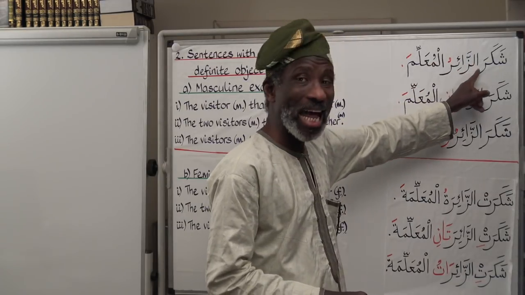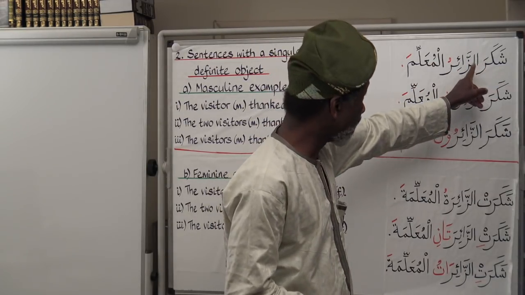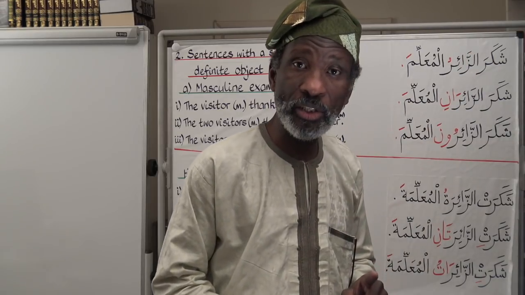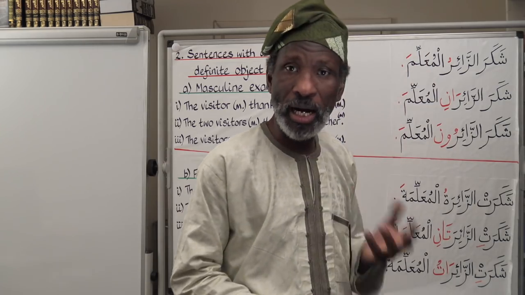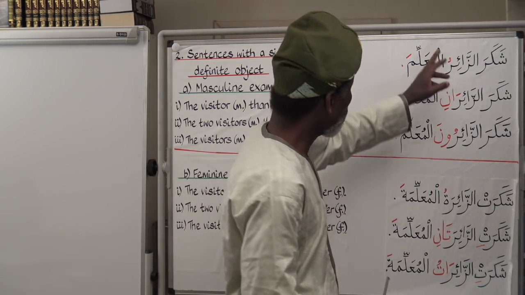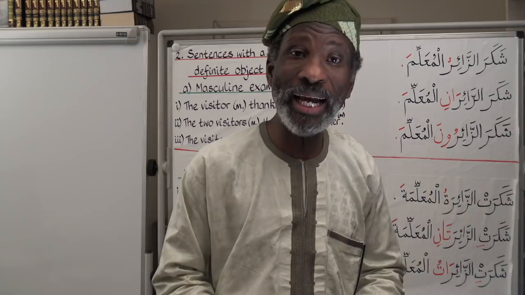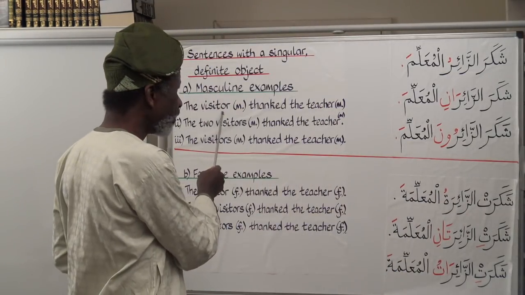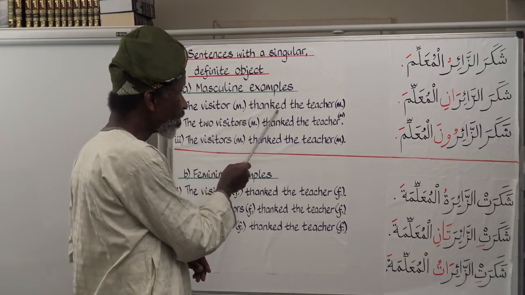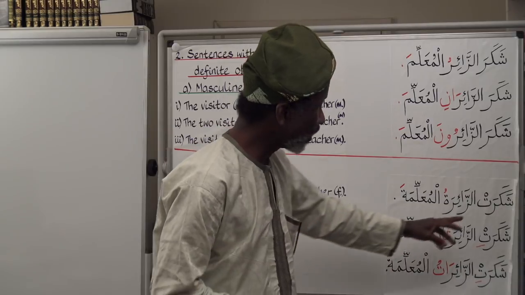Here we suppress the lam because it's followed by the shamsiya, which is your sun letter carrying shadda. Here, with the moon letters, there's no shadda carried, so we retain the sukun. Shakara zairul muallima. The visitor, that's male, thanked the teacher. And the feminine equivalent, shakarat